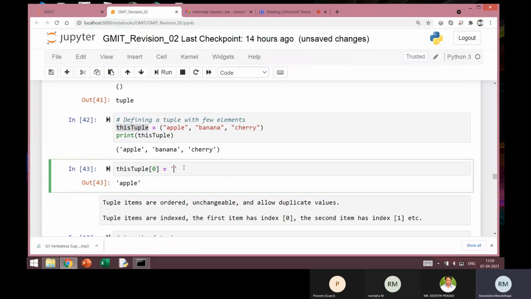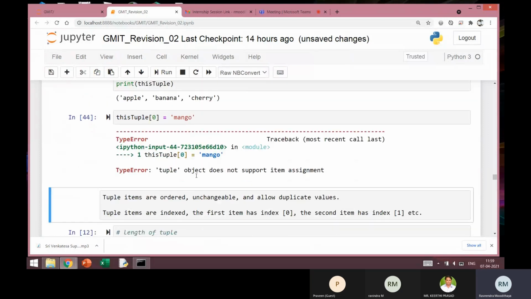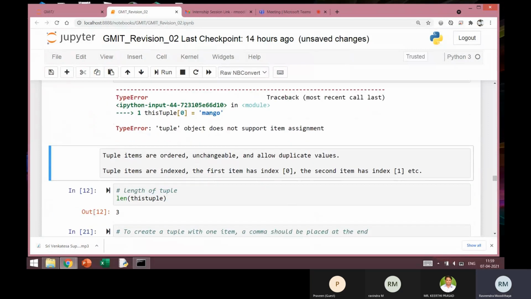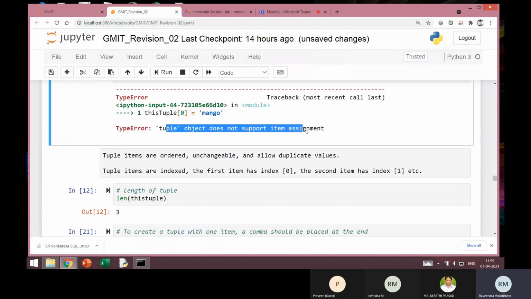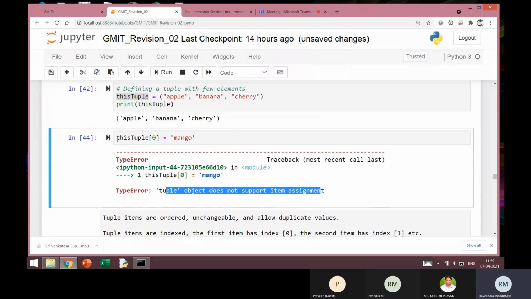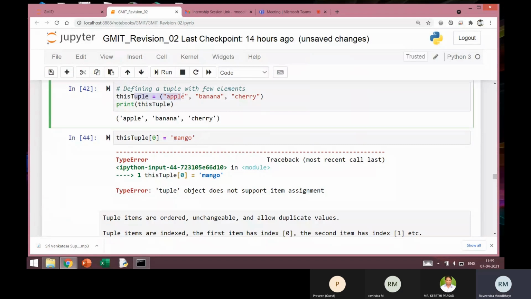Suppose I want to write this as mango, I cannot change this. If I try to change this, it gives an error. What is the error? Type error: tuple object does not support item assignment. I'm trying to assign this tuple's 0th element a new value. That's what we mean by immutable. We cannot change it once it is defined.